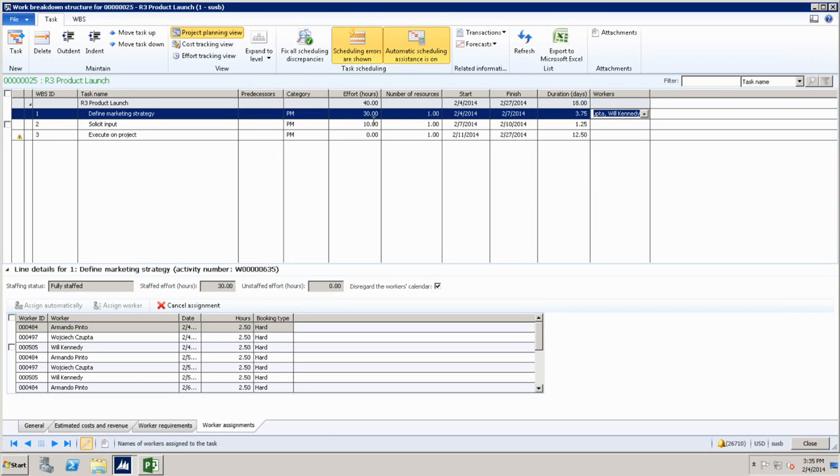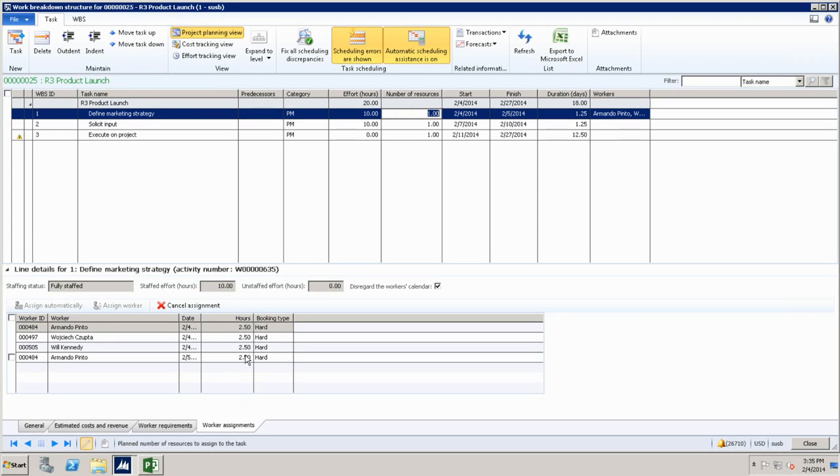If, as a project manager, I now realize that, although it doesn't usually happen, this is not going to take more than 10 days, you will see the work assignments are automatically adjusted to that new start date and end date. The moment you change the effort, it impacts your start and end date, and we are basically releasing the resources that have been booked on the project. Yes?